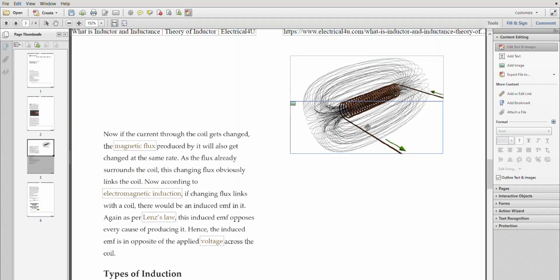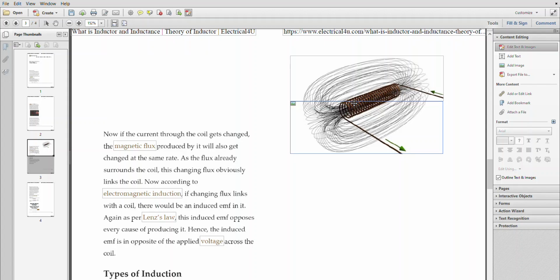And this is for when a current flows in the coil. But what happens when the current in the coil changes? The flux patterns linked with it also change, and we saw that each turn has a flux pattern linked to it. Because there is a change in the current, there is a change in the flux lines, and these flux lines are linked to the coil, and the coil gets an induced EMF.